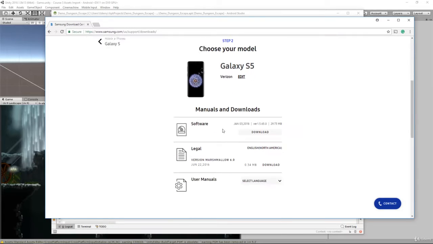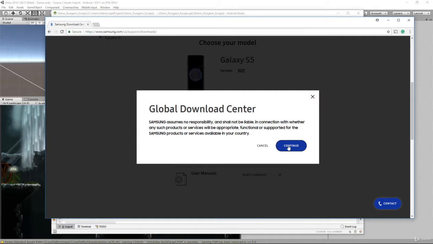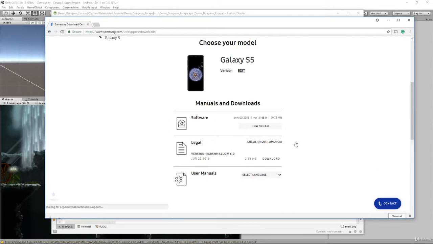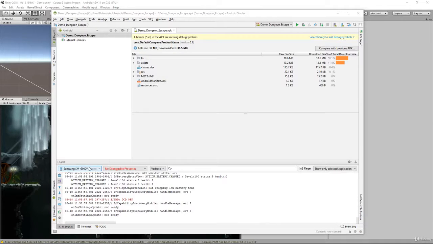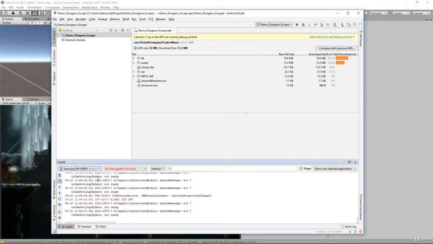It will then download your software. So here it says software, go ahead and download that. Hit continue, it's going to download it. Accept the terms and run that application. That's going to basically install the drivers so that your Windows PC and Android Studio can then detect your Android device. After you successfully install that, it should then prompt you automatically that, hey, we found your device, and it will assign it right here. The next thing we need to do in order to get these logs to show is